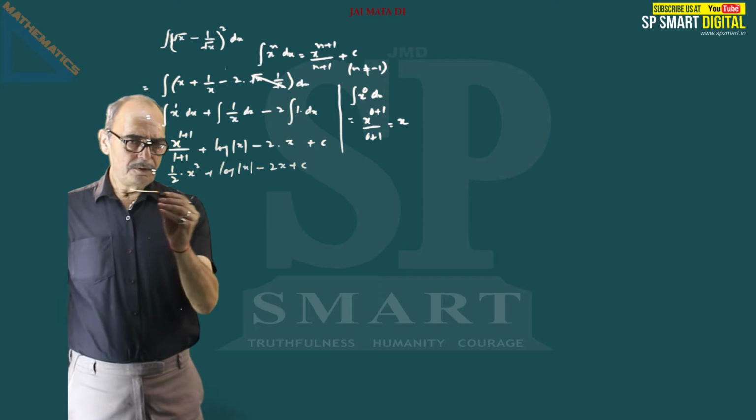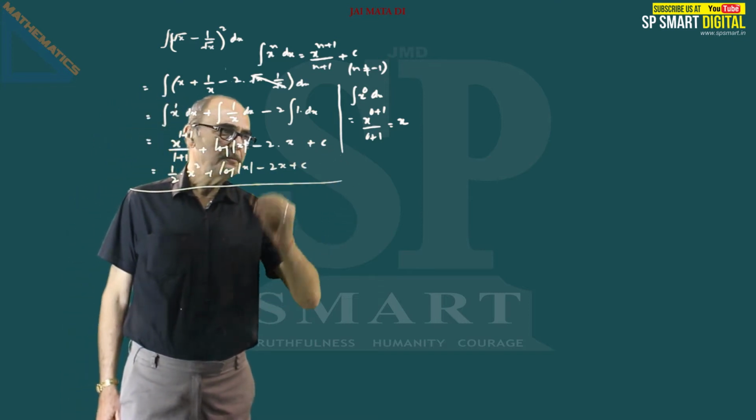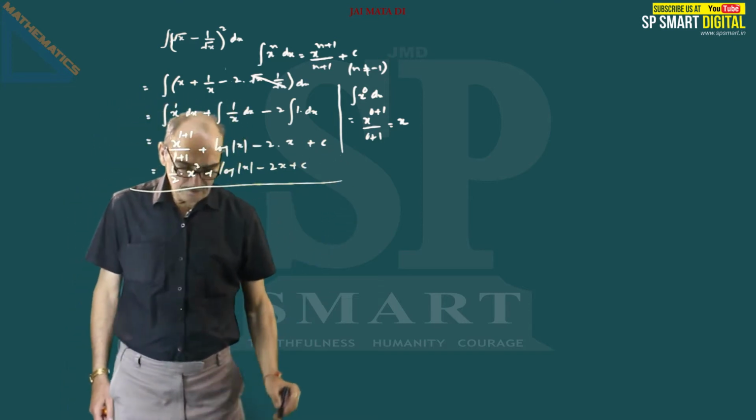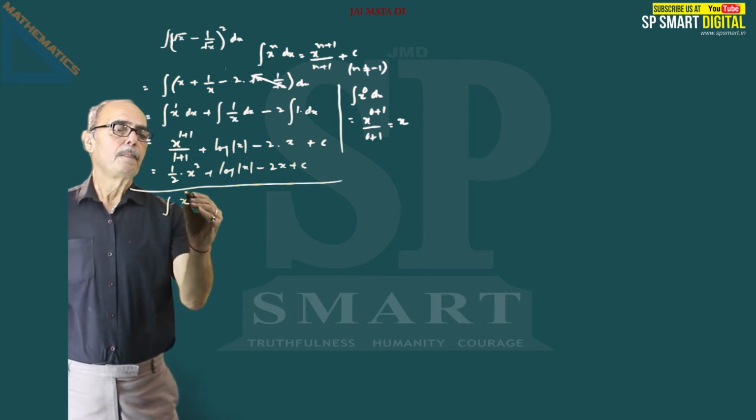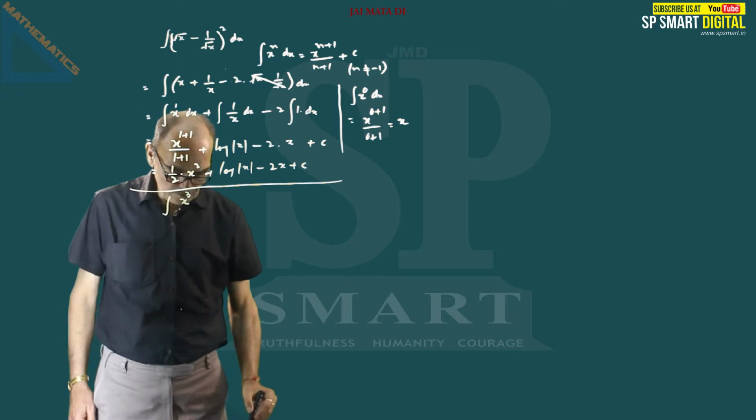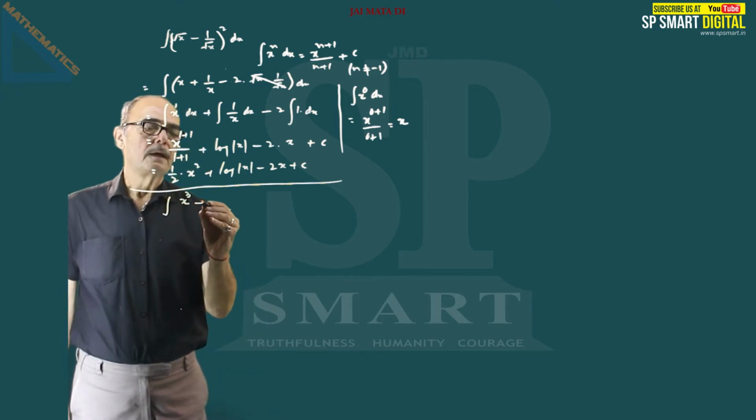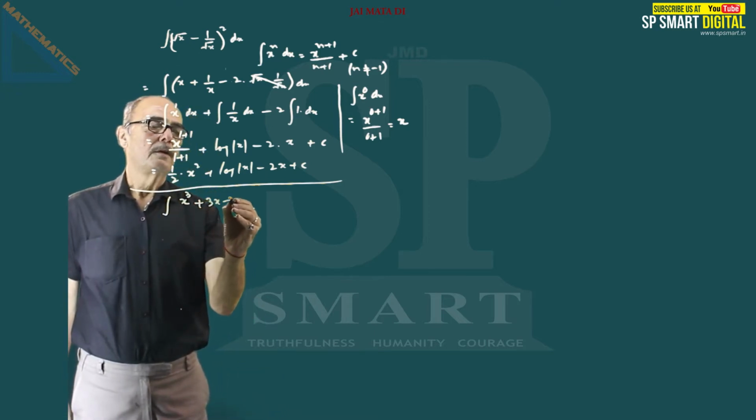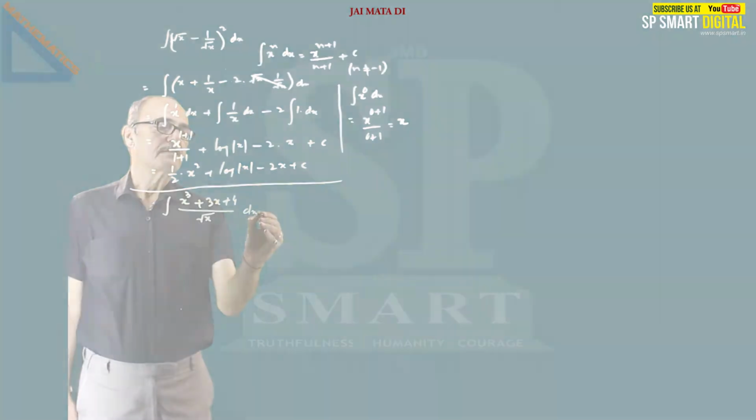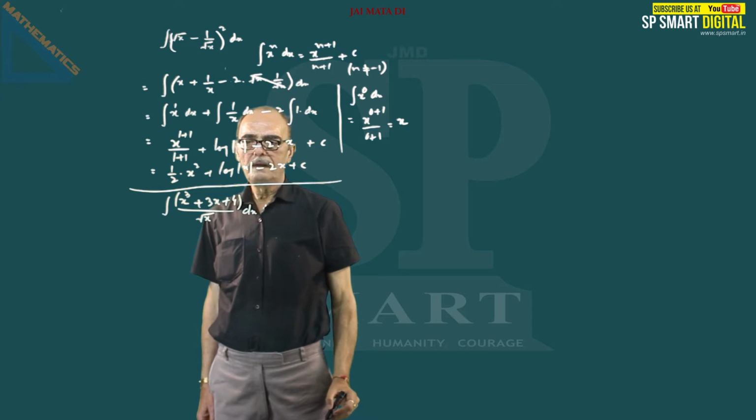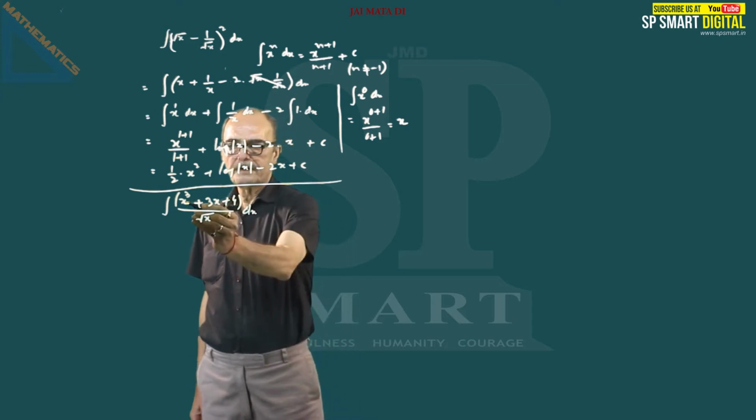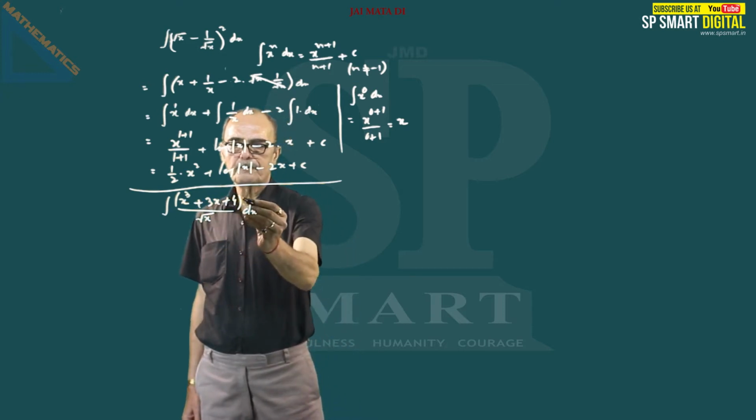Then I take up another problem, which is integral of x cube plus 3x plus 4 divided by root x d of x. We want to apply the same formula. Well, this is numerator x cube plus 3x plus 4